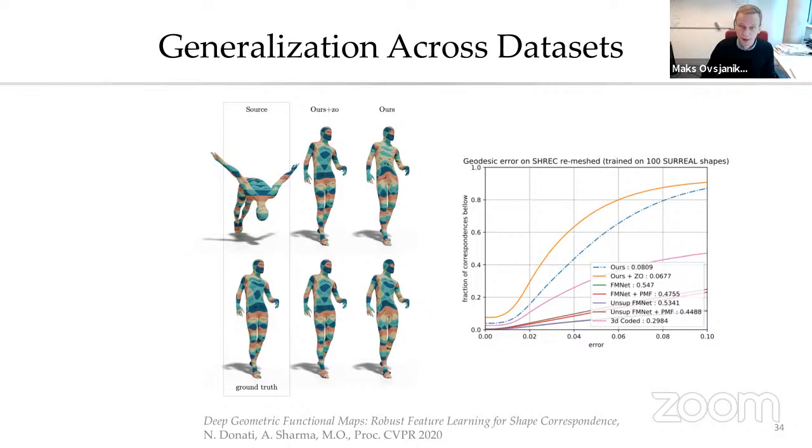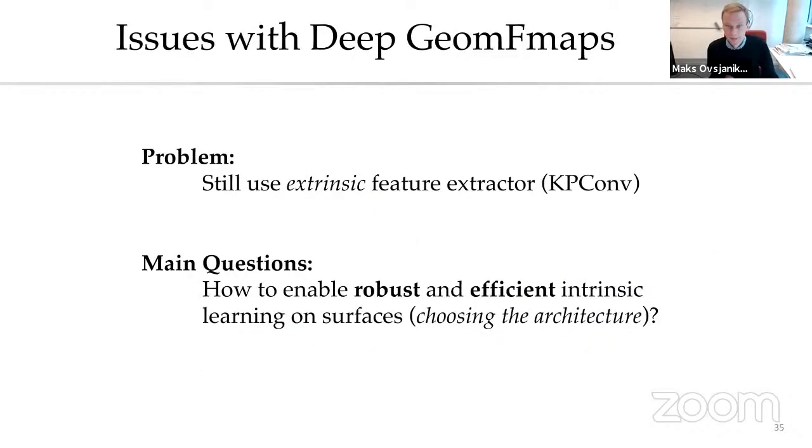One thing I want to mention is that a lot of these examples are shown on human shapes, and there are some other techniques that work explicitly by using a human shape template, fitting, for example, a simple parametric model. But as I mentioned, we try to develop things that are more generic. So this is not using the fact that it's humans in any way. Okay, so this was the stepping stone for us.